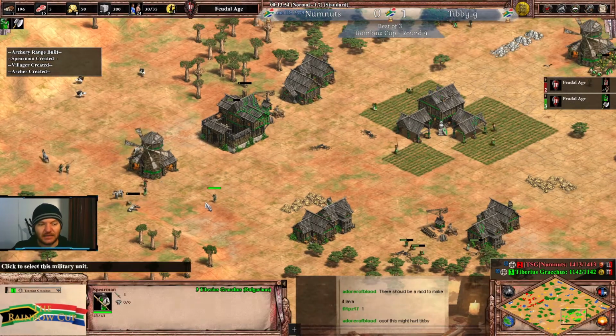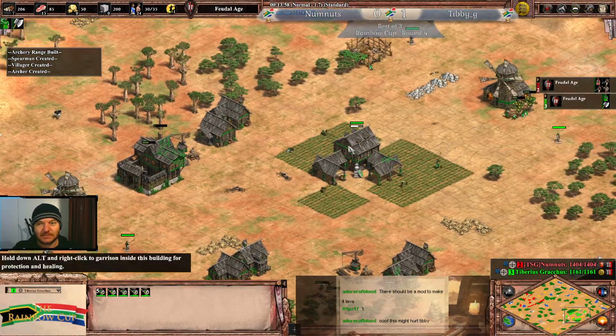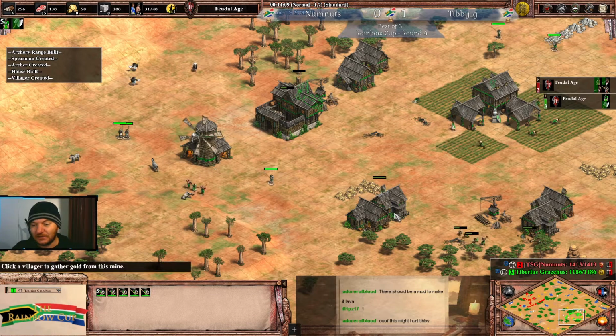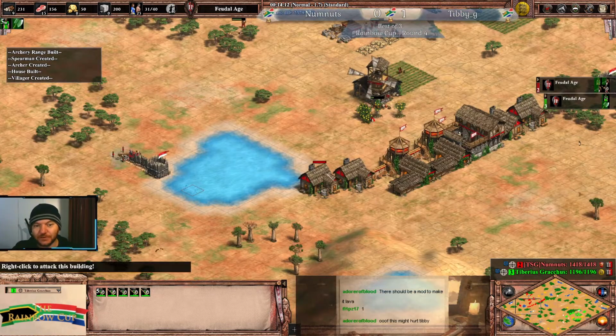This is such a big investment by TibbyG into food and wood to get these spearmen out, and they will just absolutely melt in front of these archers. So this is a great job by